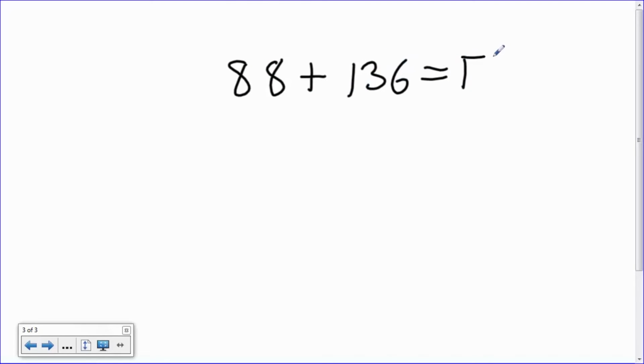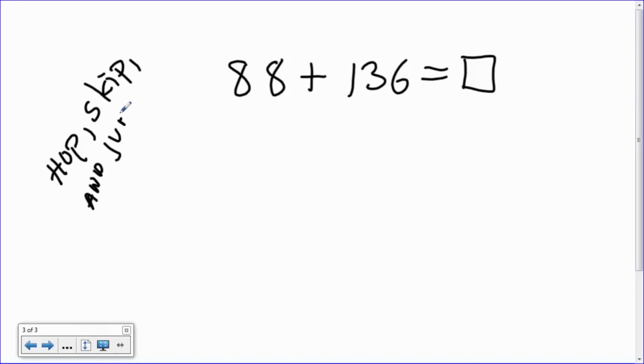So let's try another example. Let's take a little bigger example. Let's take 88 plus 136. And again, we are illustrating the strategy called hop, skip, and jump. Let me write it out here to remind you. Hop, skip,